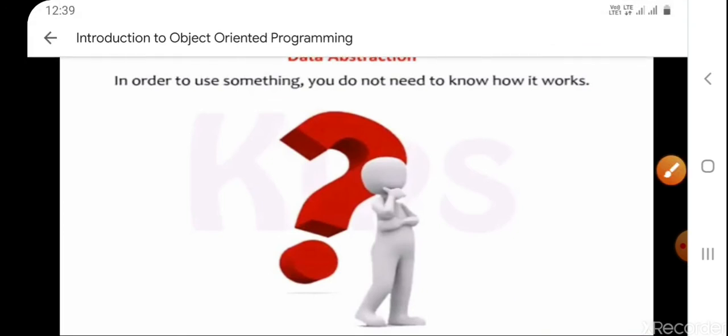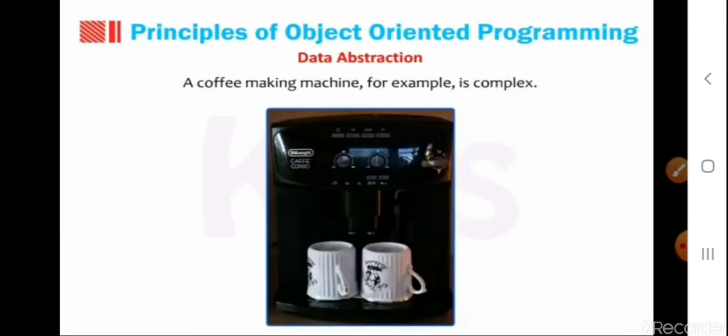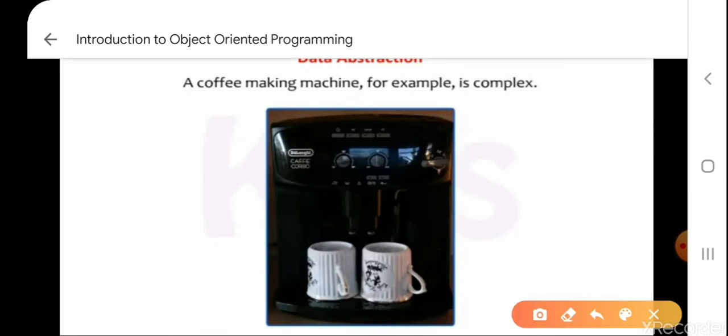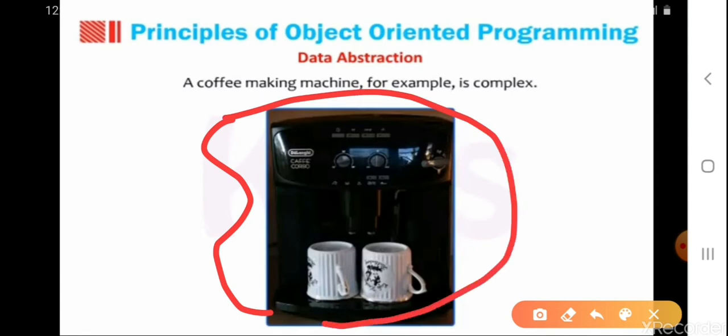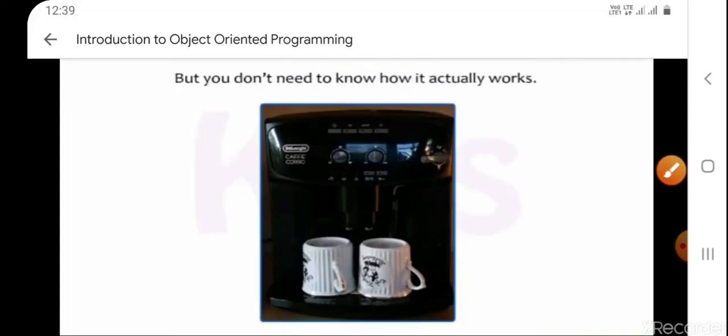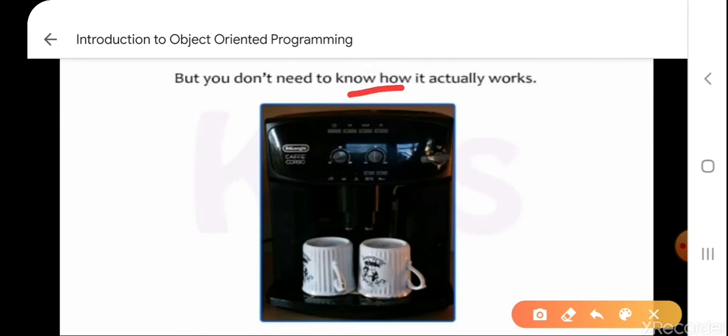Let's take a look at an example. For example, look at this, a coffee machine. I hope you have seen a coffee machine. A coffee making machine is a very complex machine, but you don't need to know how it actually works.